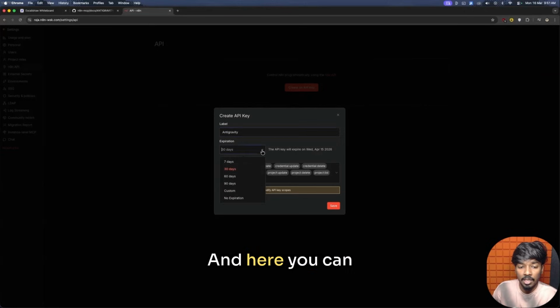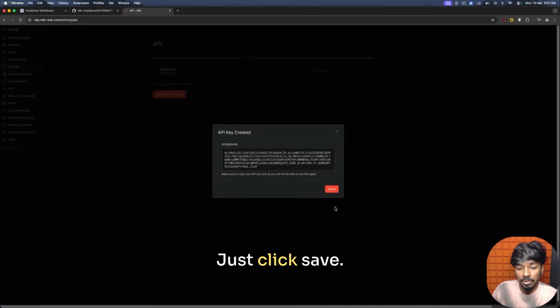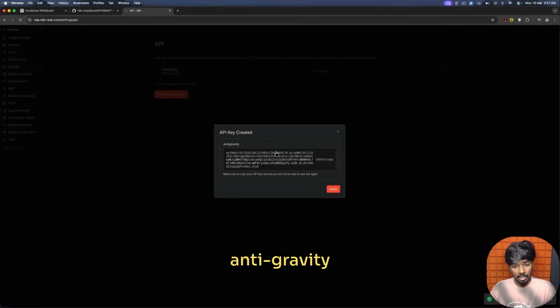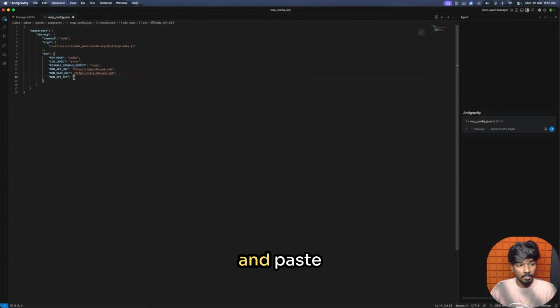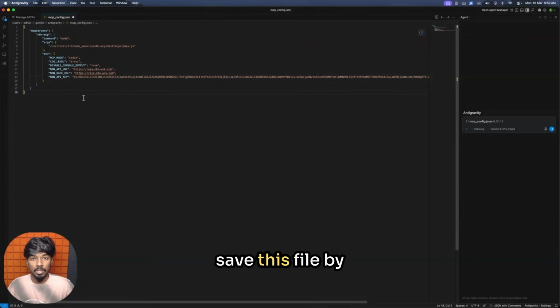Antigravity. And here you can set the expiration of this API key. So I'll select no expiration, so the key will work until I delete it. Just click save and copy this key just by clicking on it. Go back to your Antigravity and paste the key here. That's it. Once you finished, save this file by pressing Ctrl or Command S on your keyboard, and the file